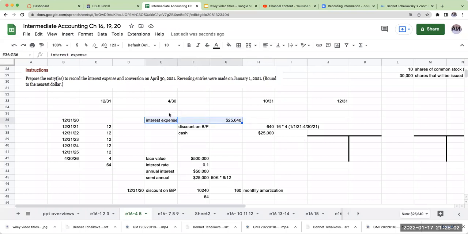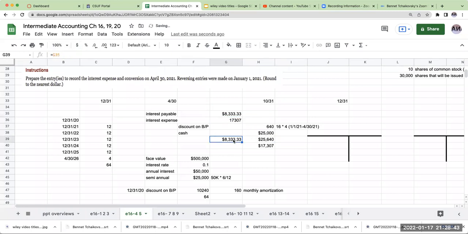If I accrued it at December 31st, I would have had an interest payable of 25,000 times 2.26, and then this is going to be the difference between, oh, let's see here. So this is another way I could have gone and done it too, but they told us that we used